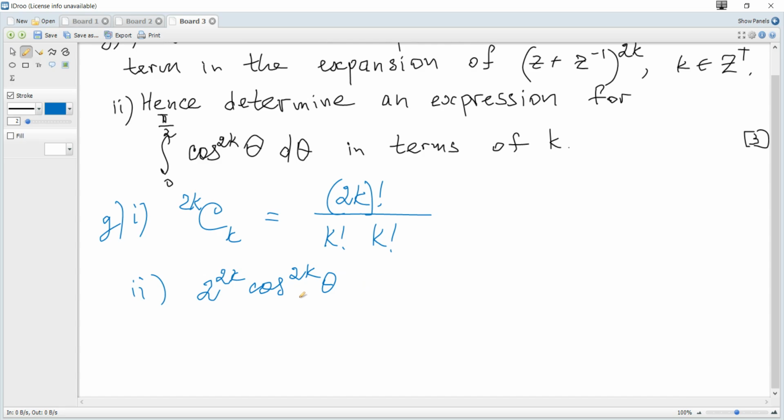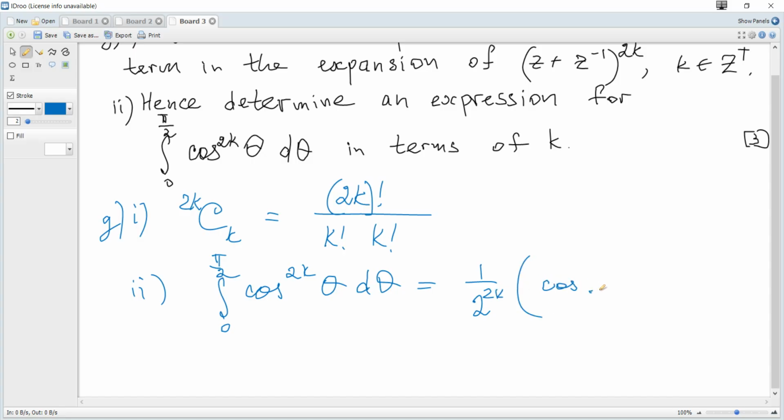So finally this integral becomes, notice that we consider cosine to the power of 2k only, so it becomes 1 over 2 to the power of 2k, and